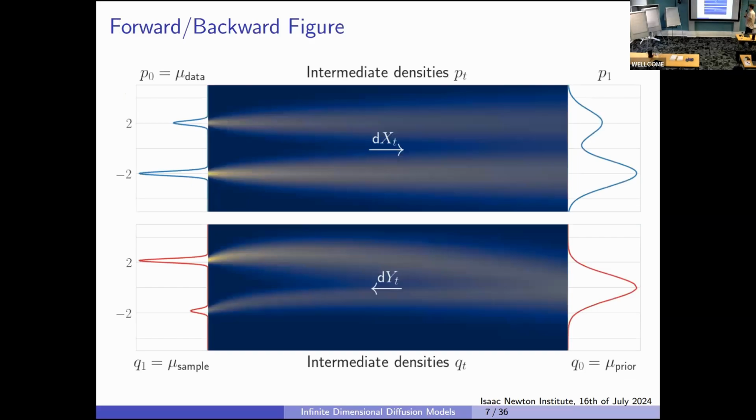And here the image, which kind of tries to summarize it. So you start in some distribution mu data, which is your target distribution, which you would like to generate samples from. Then you run the forward SDE. Here, normally you would run it long enough that this looks very similar to a Gaussian, but to show that this is not necessarily the case, here I stopped it early enough that this doesn't really look like a Gaussian that much yet. Then if we could now start in this distribution and run it backwards with the perfect drift,